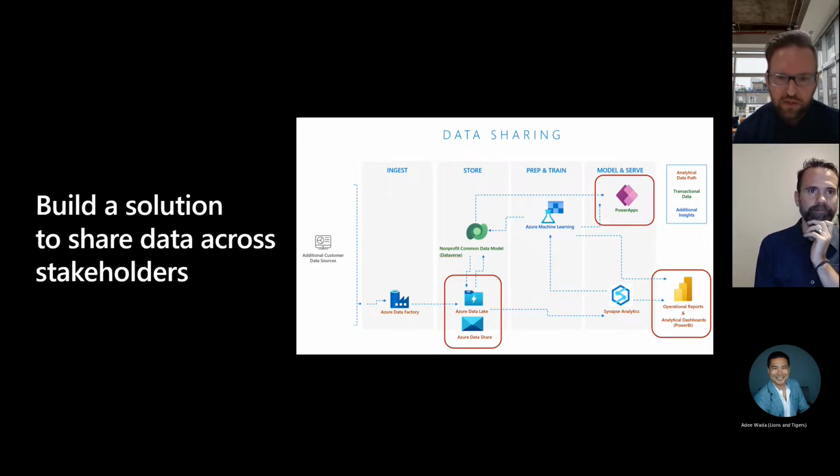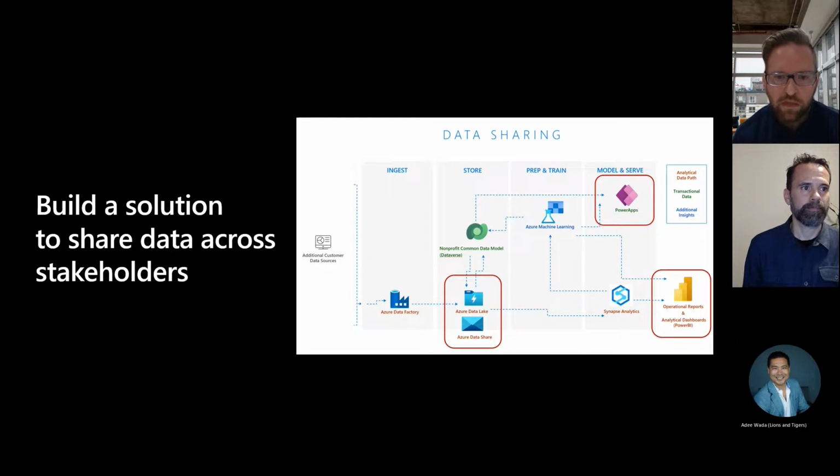This one in particular is essentially a very basic cloud data warehouse. But you could easily imagine a SQL database or another internal data source sitting in this landscape. Since we're focused in this case on using Power Platform and Common Data Model, I've specifically called those out as components here. And I've highlighted 3 areas that are common sources of data ingress and egress. So looking just in the very center, the green icon is the icon for Microsoft Dataverse, and you can see I have that labeled the nonprofit common data model.